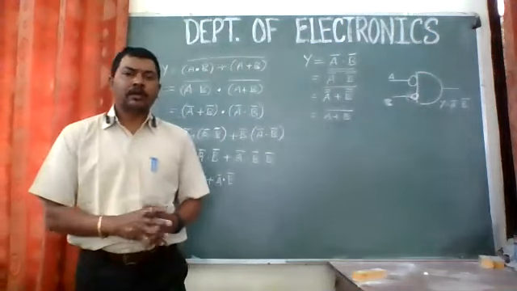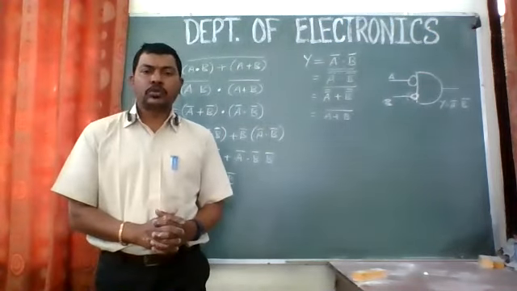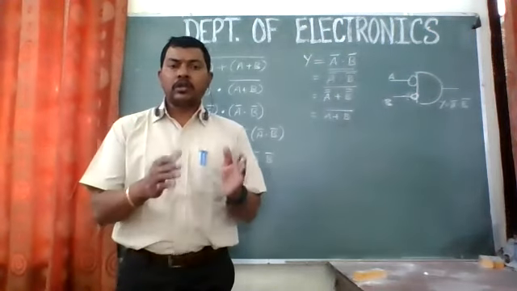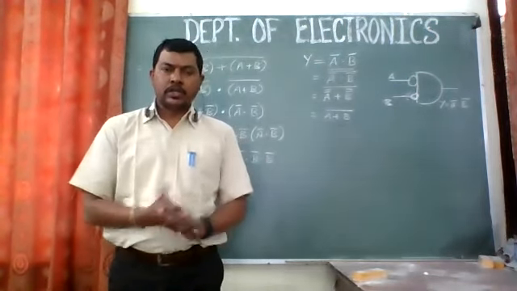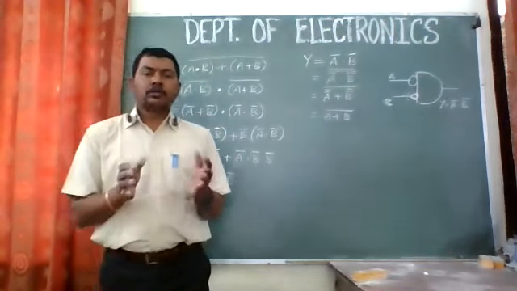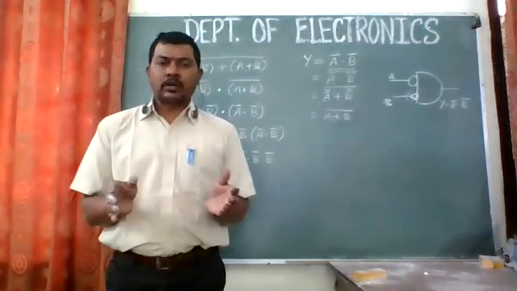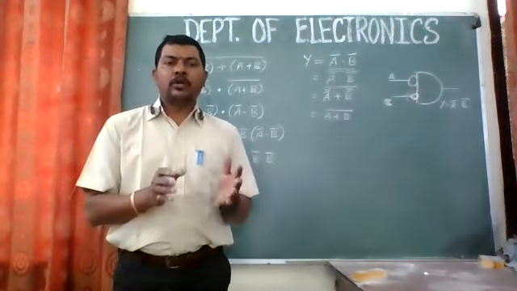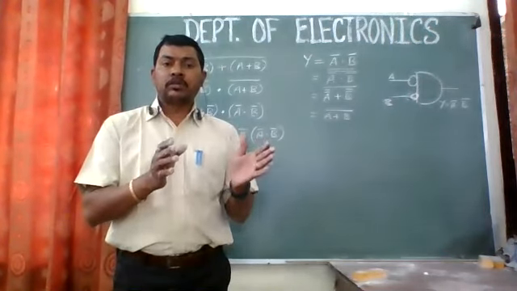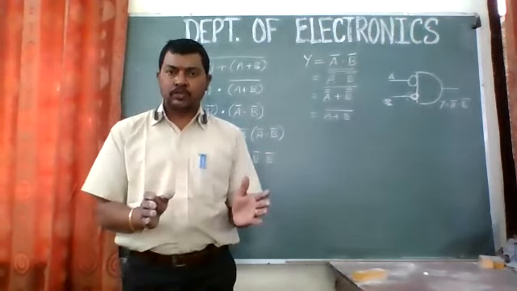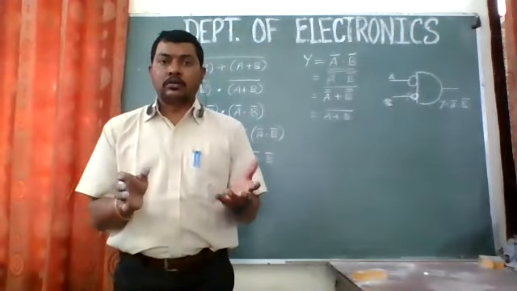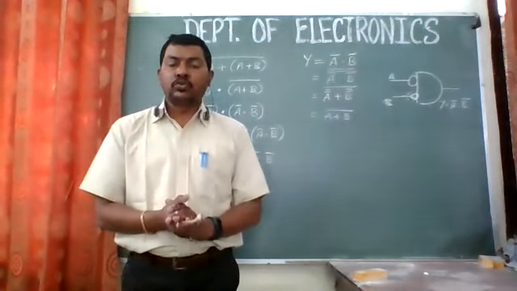I guess you have understood what we have studied today. We have studied two equations, which are very important for you to understand how we are going to simplify those equations. In the next class, we are going to design some more important circuits, like the XOR gate and XNOR gate, by using NAND or NOR gates. First we'll try to simplify the equations, and then we'll try to implement that circuit by using those gates.